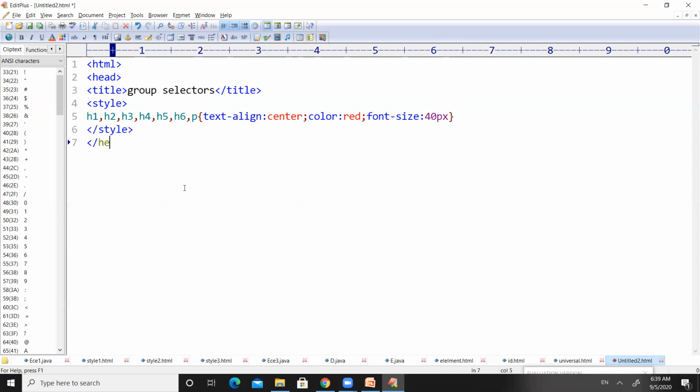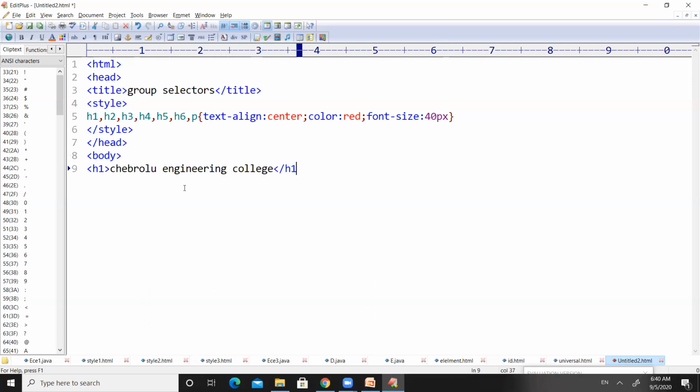Okay. So right after the completion, you can close the style tag, and then let us close the head tag also, and then open the body tag here. And inside the body tag, let us start working with all the elements that we have defined in the style tag of the head section. We have used the H1 heading, and with that H1 heading, I want to print our college name, right?